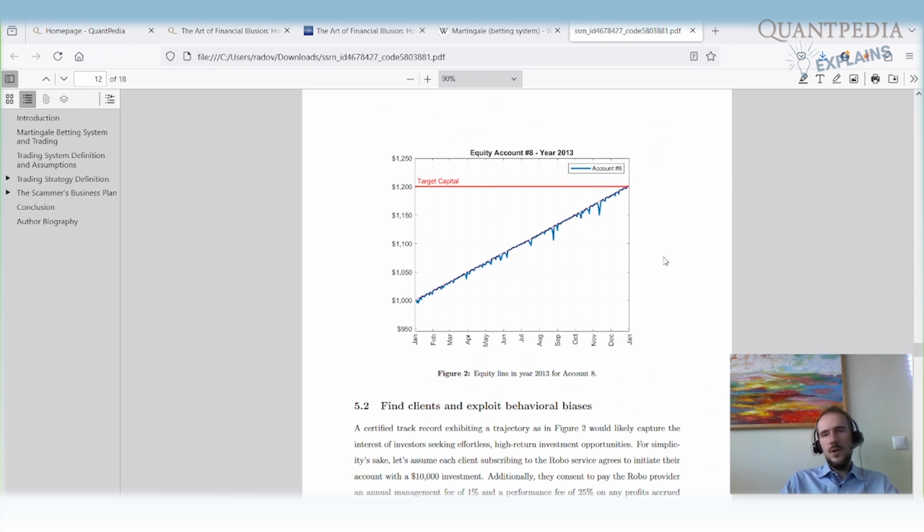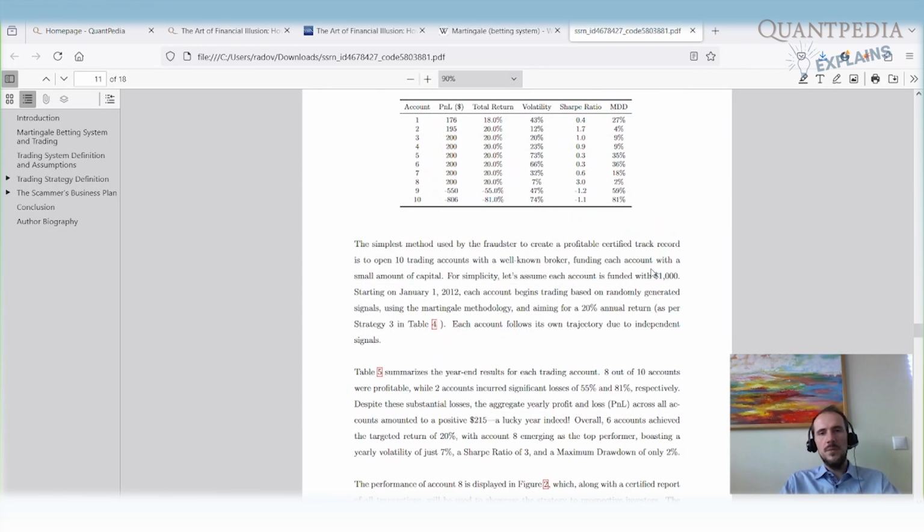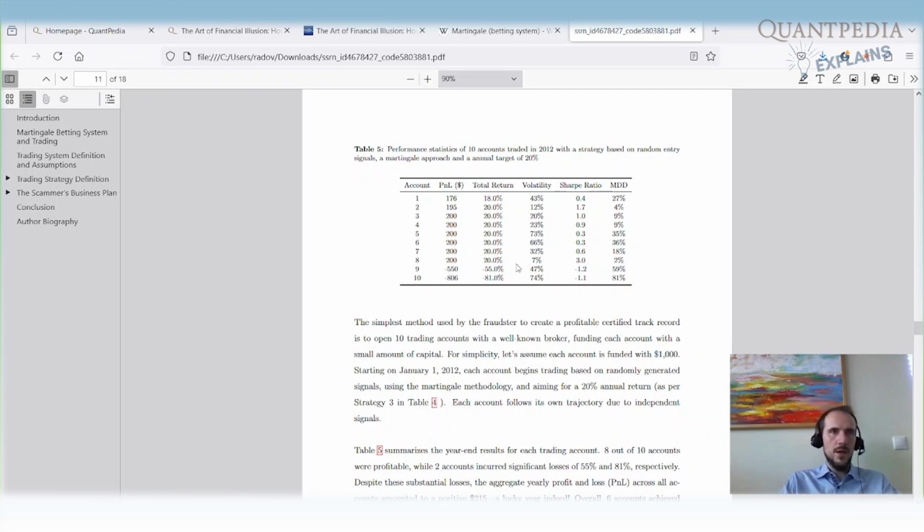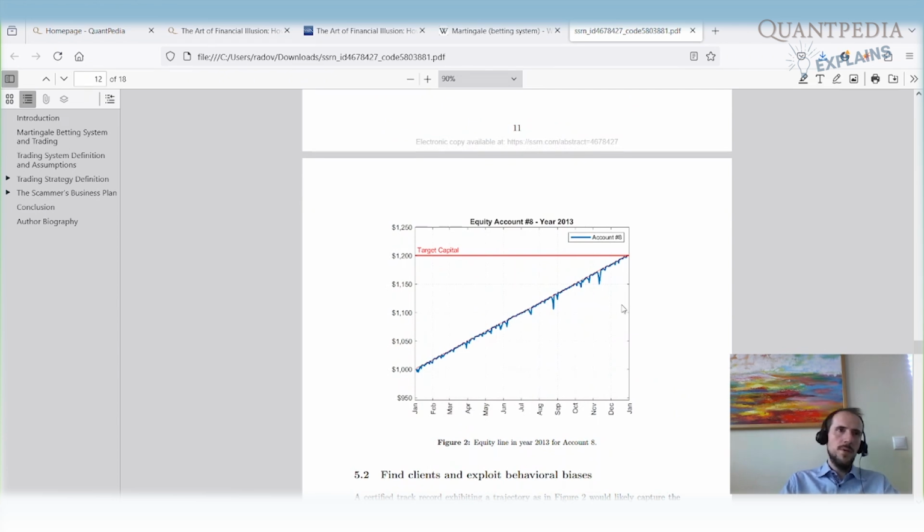You will show this track record to all of the unsuspecting potential customers, and you will market your extremely well-performing trading bot and try to sell it to others. Of course, afterward, your trading bot doesn't have any edge, so it has no chance to earn any money, but you will still get an annual management fee of 1% and a performance fee of 25%, for example. The money you get from the marketing gives you the possibility to open more accounts in which you can once again run random Martingale signals for the next year, select another account, and once again show a nicely performing curve. And you can repeat and repeat and repeat.